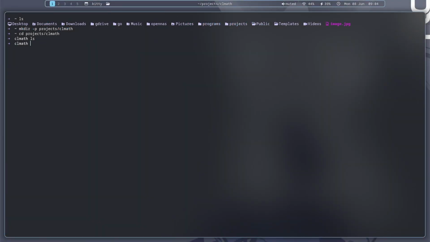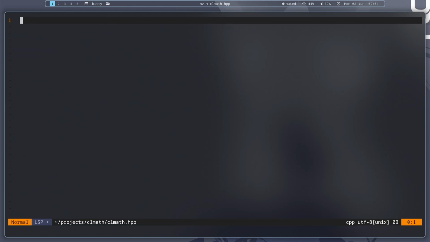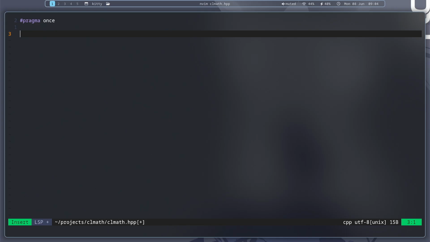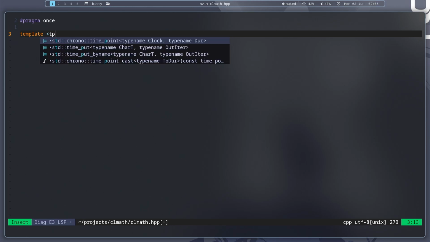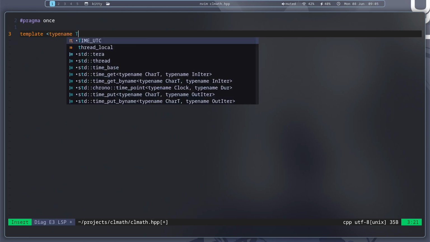So yeah. What are we making? We're making clmath.hpp. So I think we just do pragma once. I believe that's the same thing as doing the ifdef, ifndef line and then endif. I believe it's the same thing. All right. So what are we making? We're making a vector. So we're gonna be using a template, typename T,